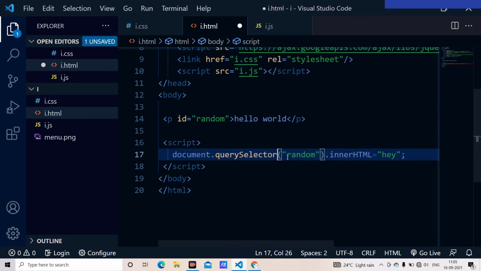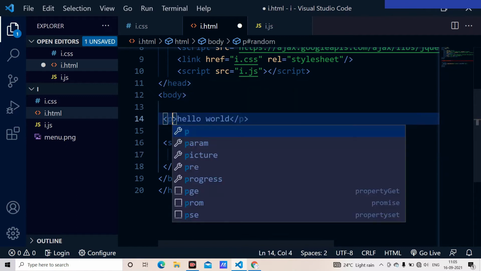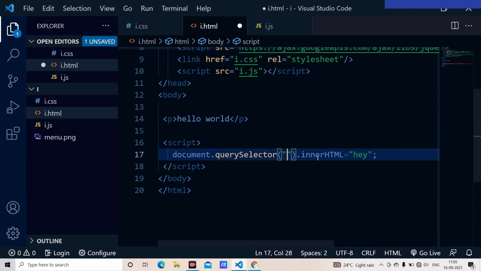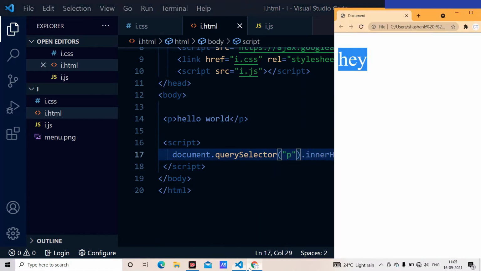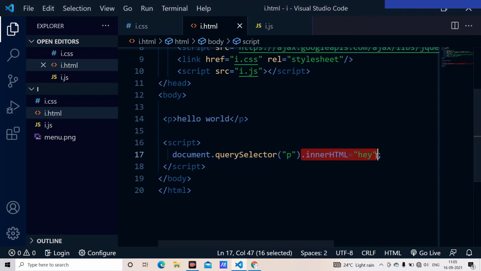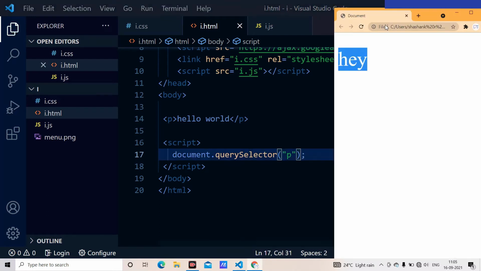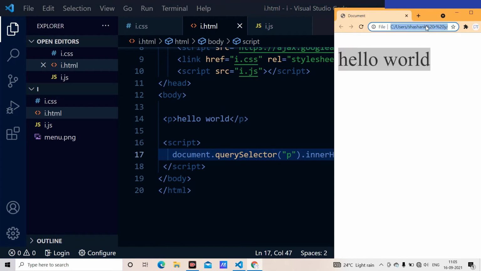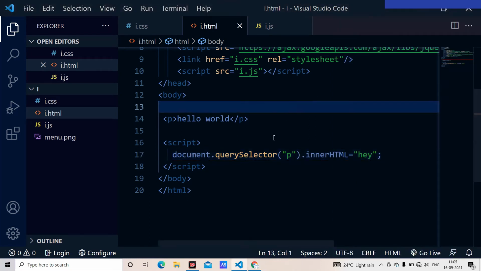And if you want to select any of the tag, this is the same thing. If you want to select the class, this is the same thing. And how to select it? If it is a normal tag, you have to mention the P and you have to save it. For the P, if I just reload the site, it is going to say the hey. If I just remove this in the HTML, I just save it, I just cut it, and I just save it. And when I just reload the site, it is going to show us the hello world. Now we have selected it, and we have changed the innerHTML equal to hey. When I just reload the whole site, it is going to show us the hey. And this is how we select with the tags.